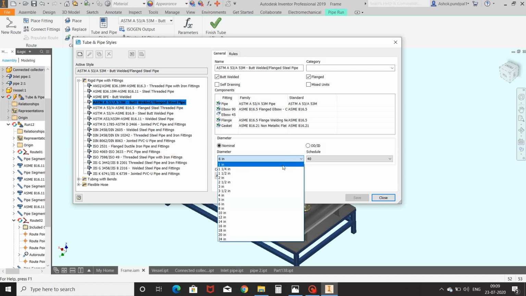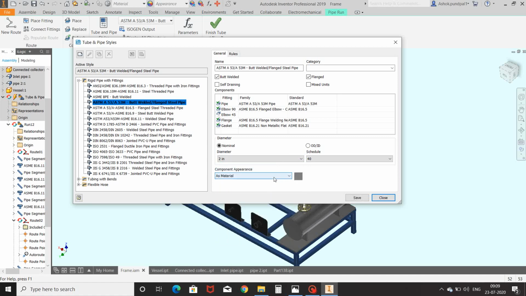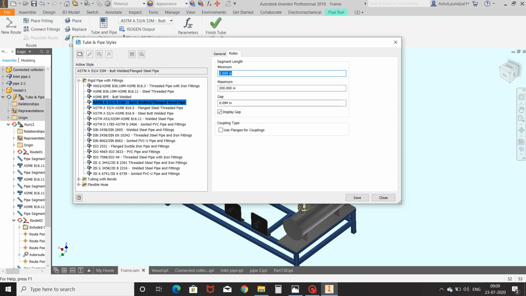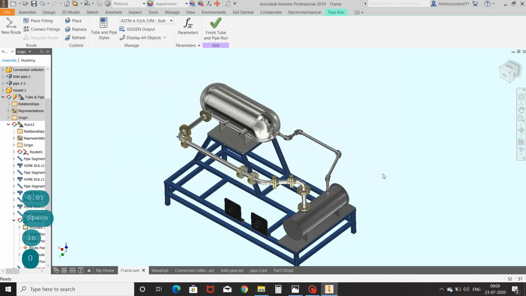I am keeping nominal diameter 2 inch and schedule of pipe 40. Component appearance as material. In rules, I am keeping minimum length 0.01 inch and gap 0 inch. Save and close.